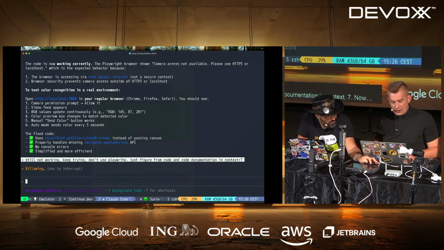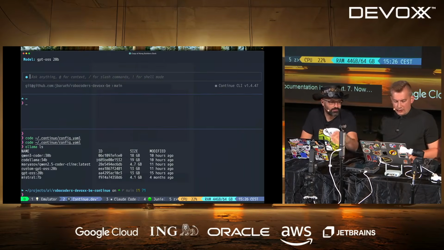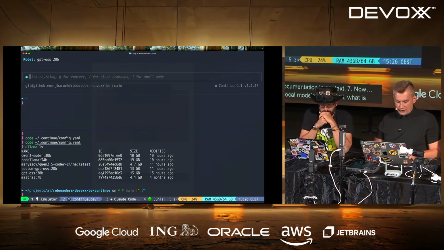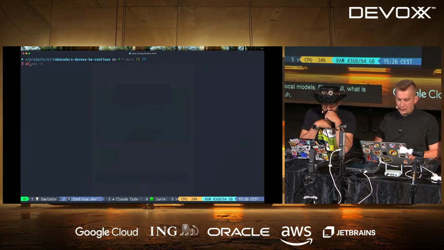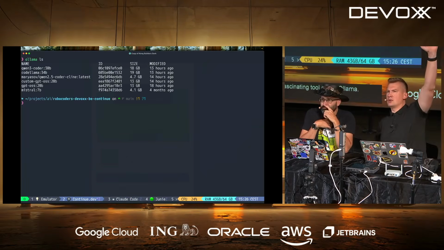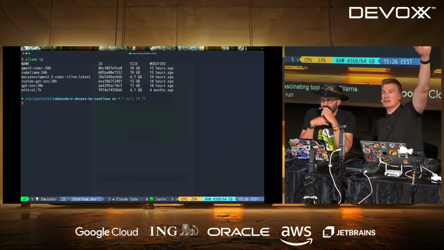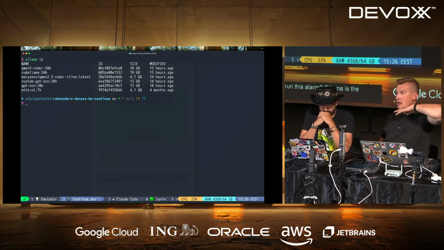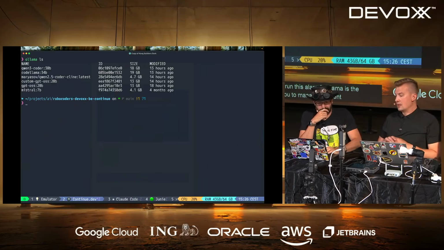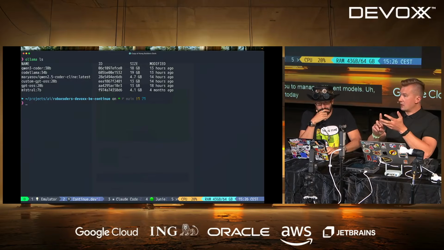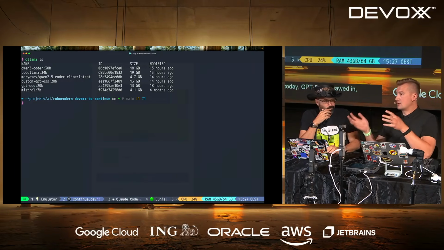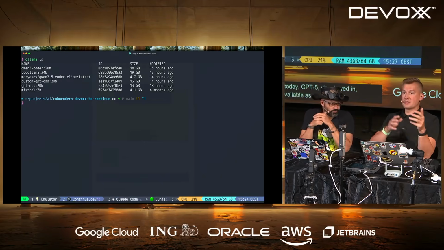Now, okay, so we go on with the world of local models. First of all, what are local models? We do have this fascinating tool called Ollama. Anyone using Ollama, or at least tried to run it? Ollama is an application that runs locally and allows you to manage different models. Some models you saw today, GPT-5, Claude, and others, are proprietary models available as a service. But some of the models are open source.